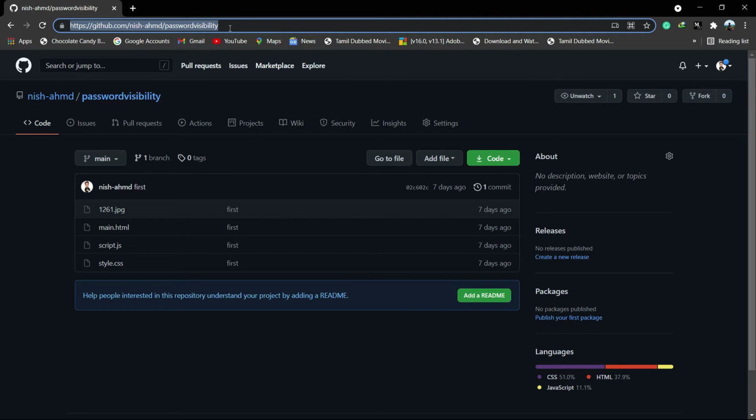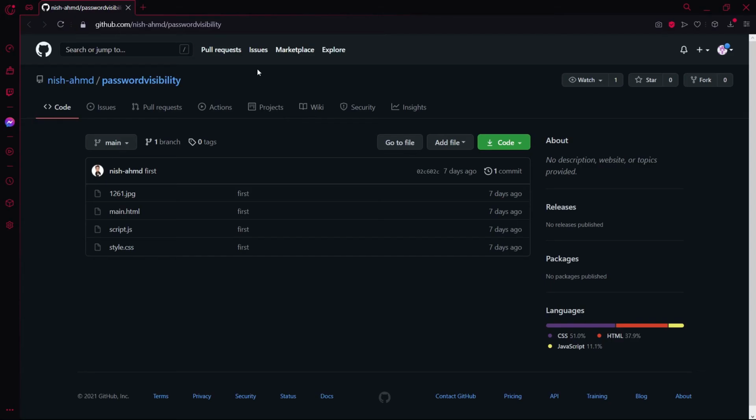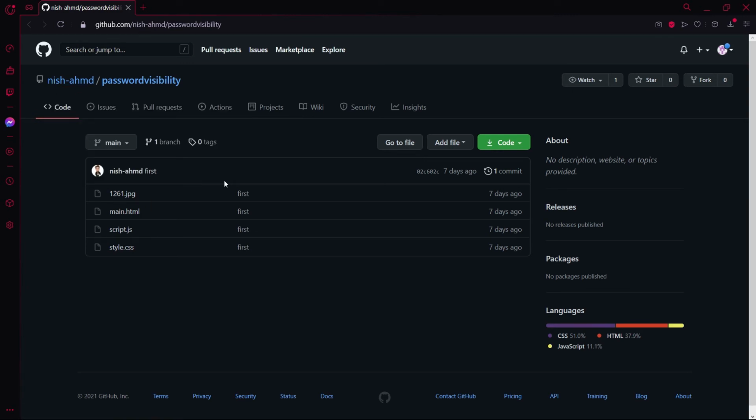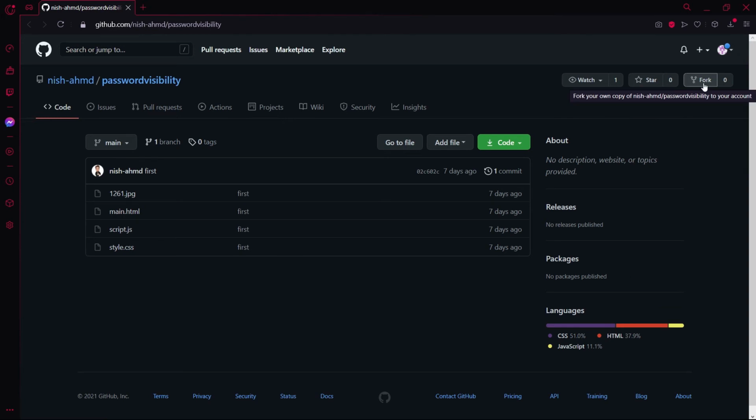So initially, I'm going to copy this URL and paste it in another browser where I have logged into my other account. Once I go into that repository, it still shows that the owner of the repository, or the path where the repository exists, is Nishad Ahmed, which is my main repository. Now I am going to take a copy of the repository into my new account, which is TechCB. So here also I have that fork button.